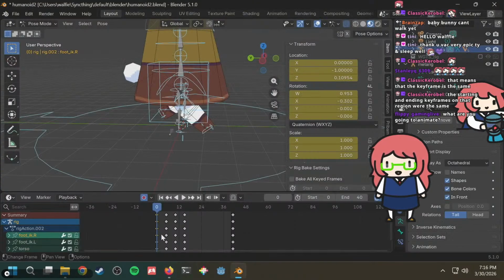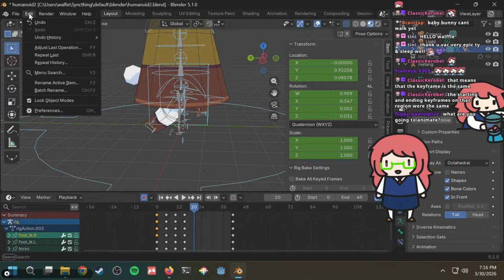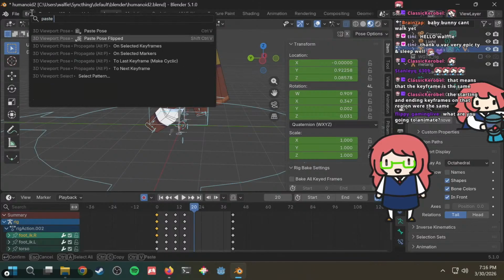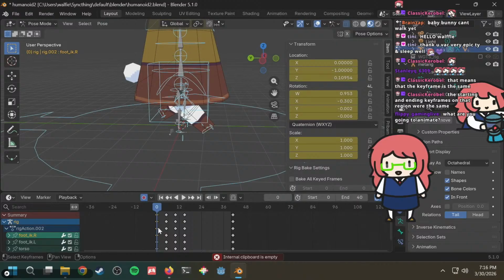That's what I wanted. I'm gonna copy this. Go to 20, paste pose flip. Shift Control V. Yeah, that's what I was pressing. Internal clipboard empty. Alright, so you go here. You select all of them. How do you select all of them? I thought I selected all of them.